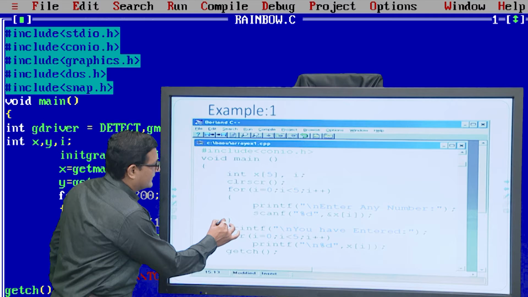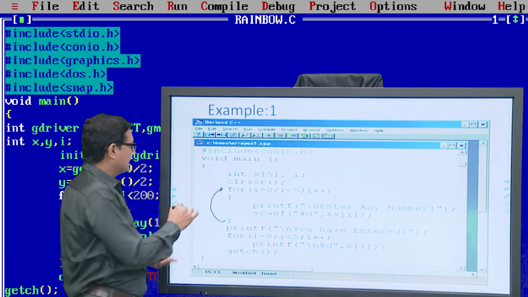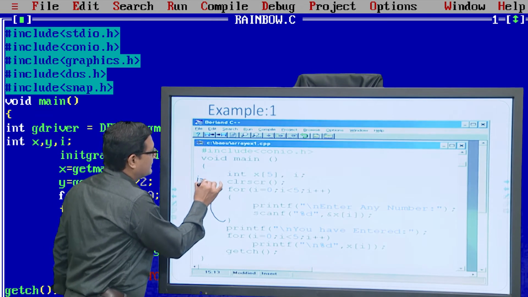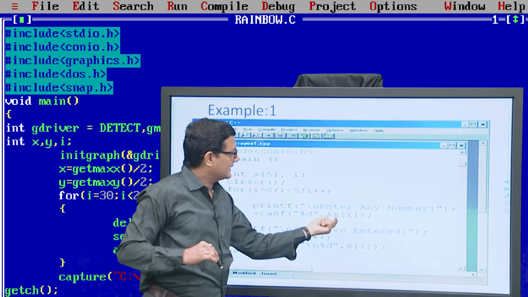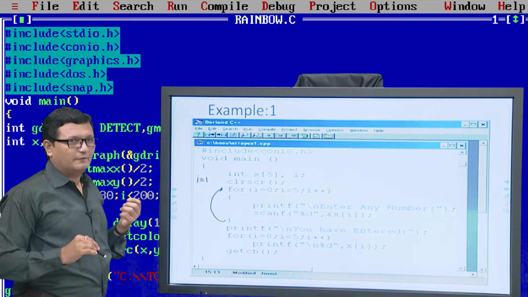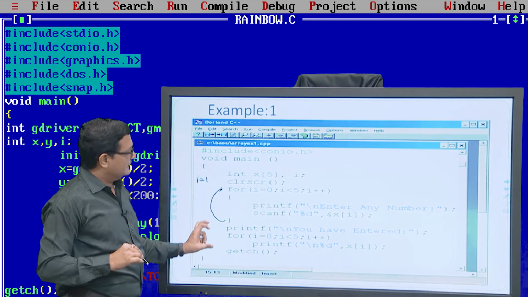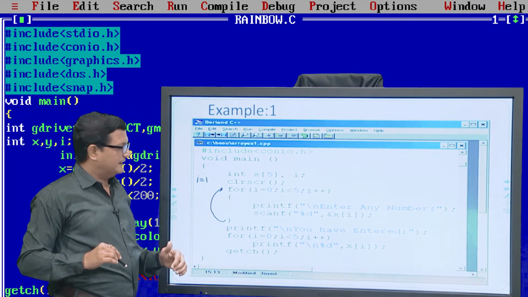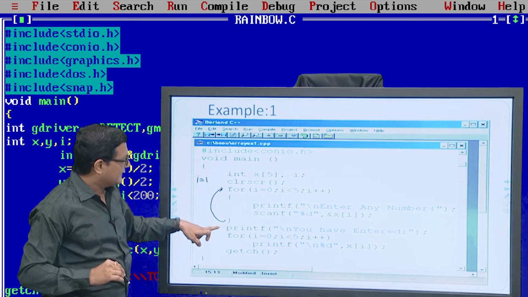Once again the computer will repeat this. This time, in the second iteration, I becomes 1, so whatever number is entered by the user has to be placed in x of 1, and so on. Similarly, after recording all 5 elements from the user, we have printed a message, you have entered, and then we are printing all the elements.